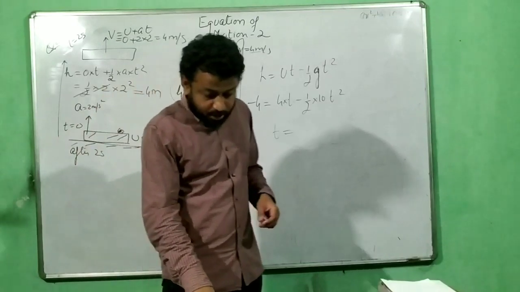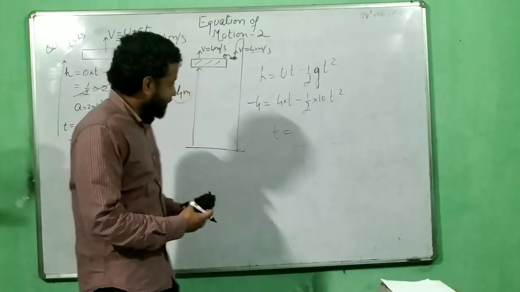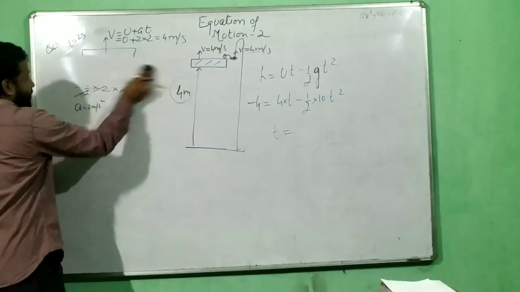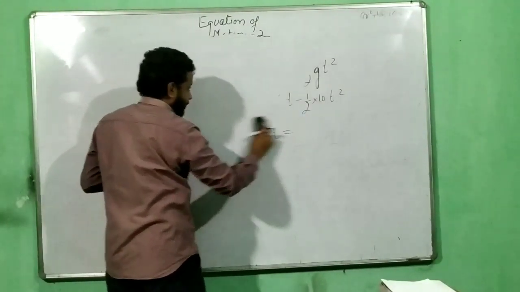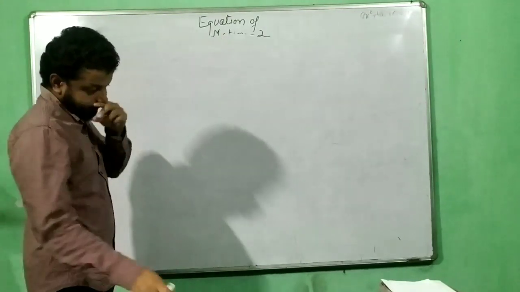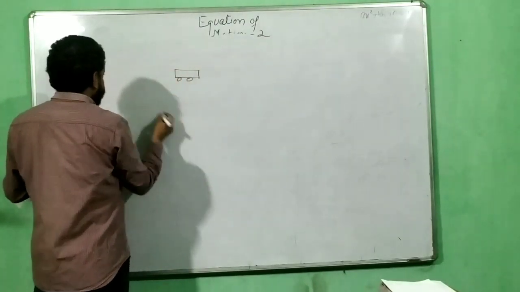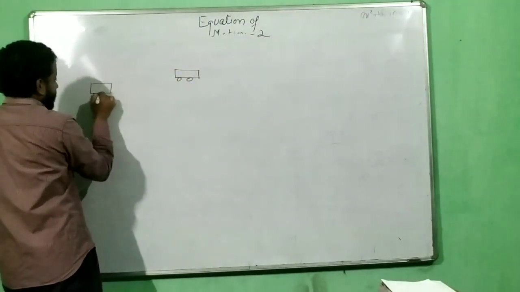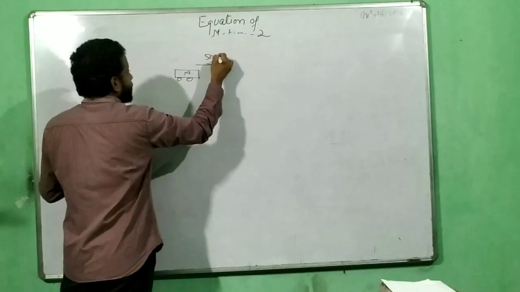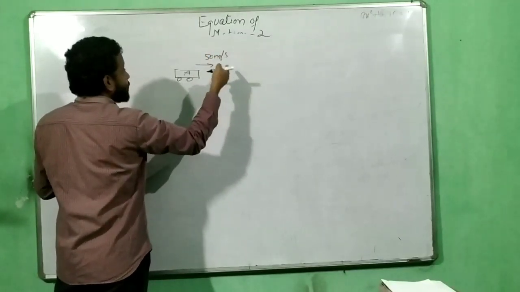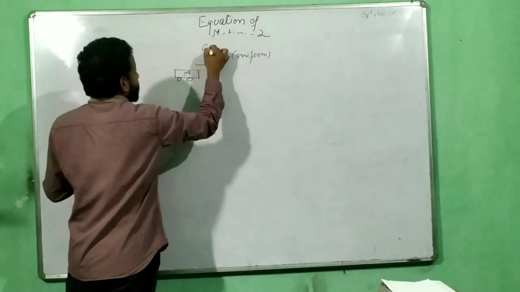Then I want to discuss one more type of question, that is called the overtaking problem. The problem in which overtaking takes place. It's a very simple problem. In the overtaking problem, let us say I have a situation over here that this is car B and this is car A. Car A is moving with a uniform speed of 50 meters per second. When the question says uniform, that means your acceleration is 0 for car A.